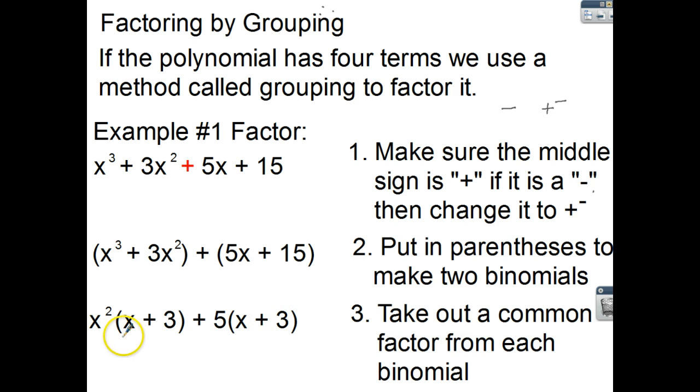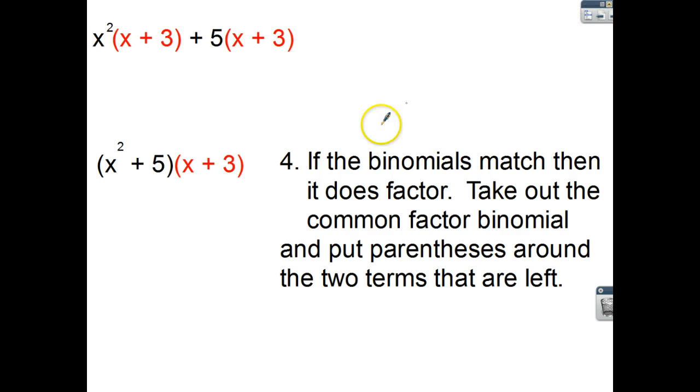Now you'll notice that both of these binomials are matching. Okay, that has to happen. So if the binomials match, and of course we can see that once we took out the common factor, what was left was the same binomial, x plus 3, then it does factor. If these did not match, then we would just conclude that you could not factor it by grouping, but they do. Now I'll say this, sometimes you can rearrange them and they'll factor, but for the most part that's going to be true. Okay, and then what you want to do is look at this as